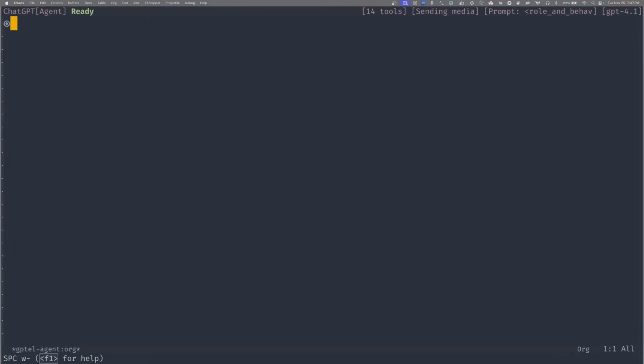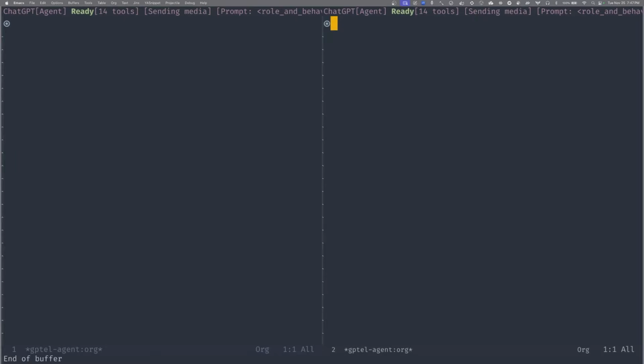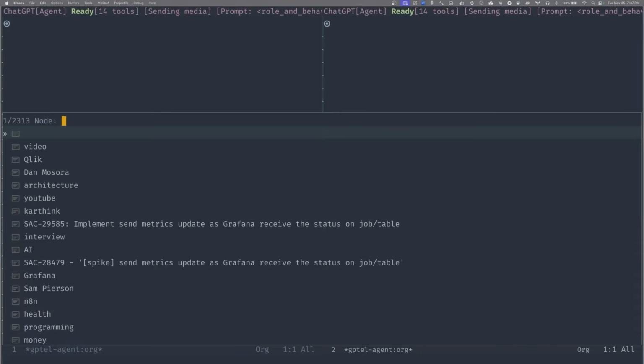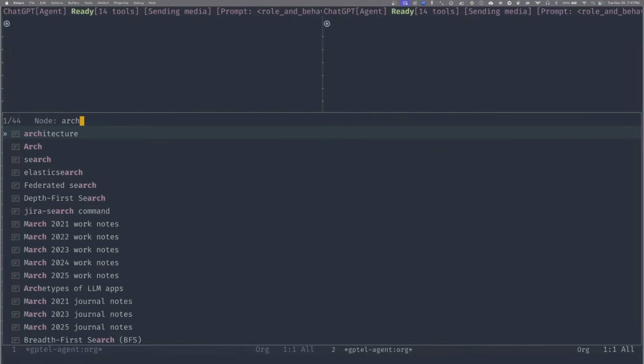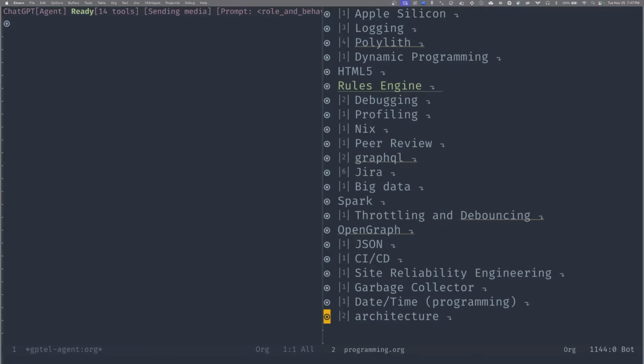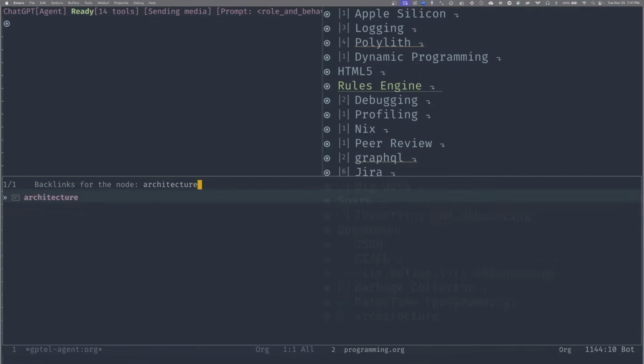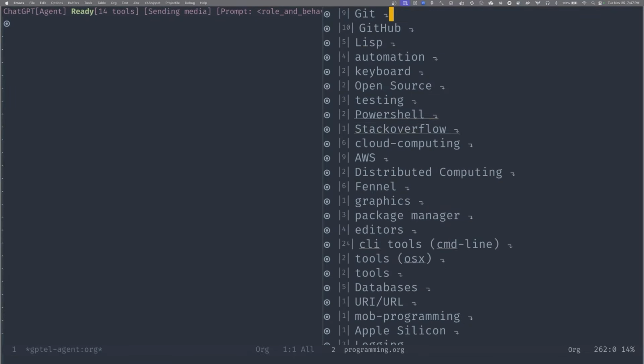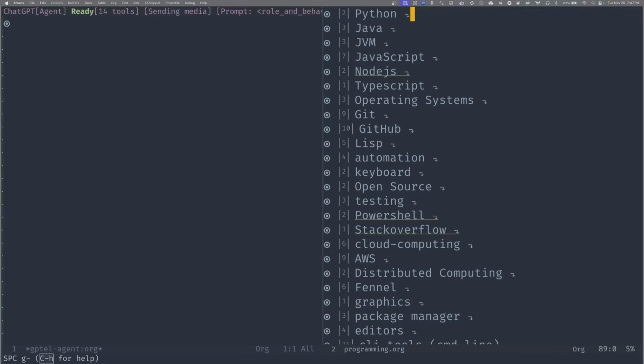What could we do? Let's find something. There's architecture, I mean software architecture, but I don't have too many notes related to architecture. Let's find something bigger. Why not Lisp or even Emacs?